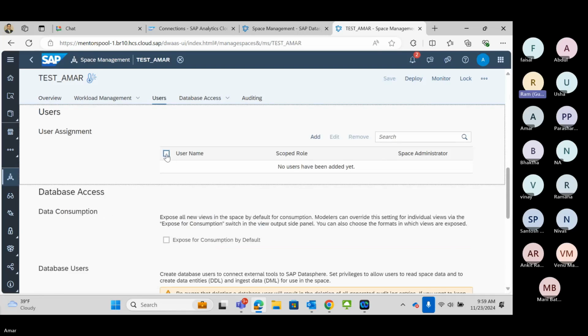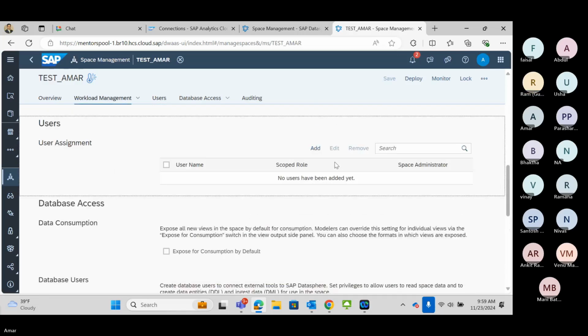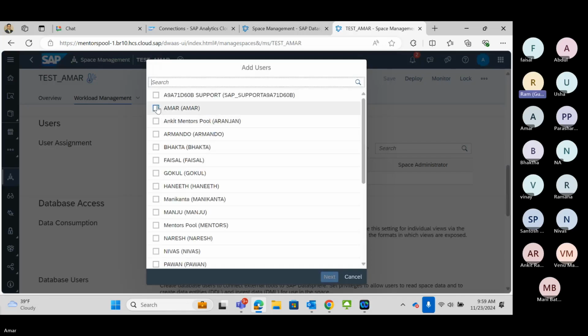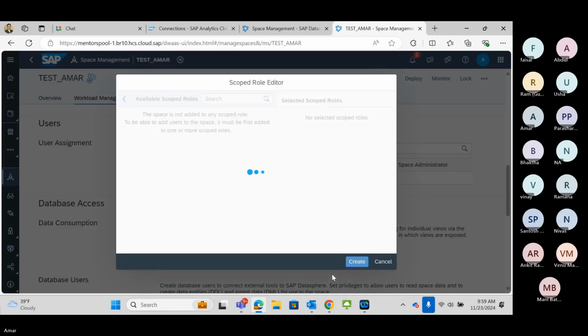Yeah, add. No, click add in the top. Yeah, here find your user. Next, find the role. Okay, so you have not added any role to your space. So cancel this. Go to the roles